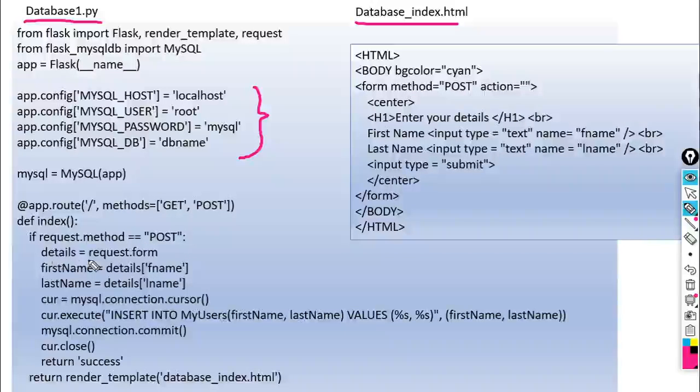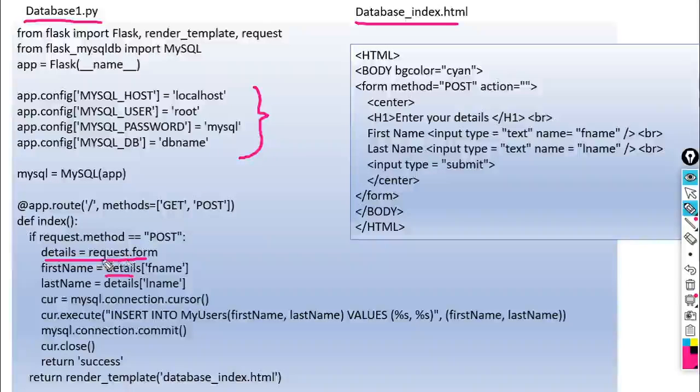So here we have stored request.form in the variable details. Instead of that, if we don't want to store it in another variable, we can write request.form['fname'] and request.form['lname']. We can do it by any method.